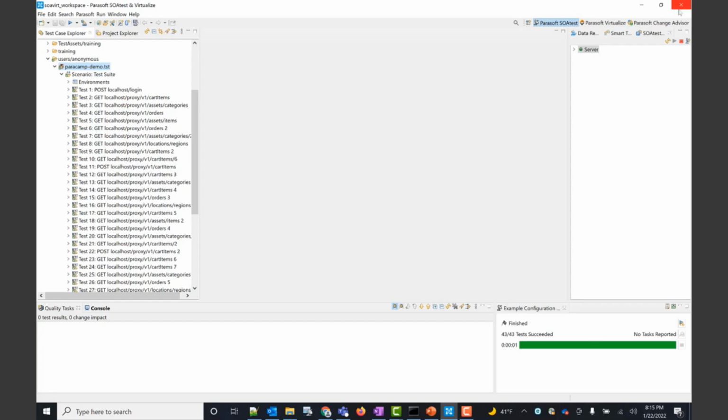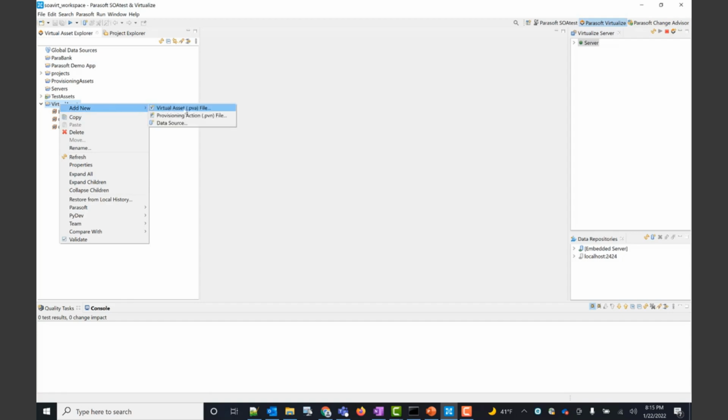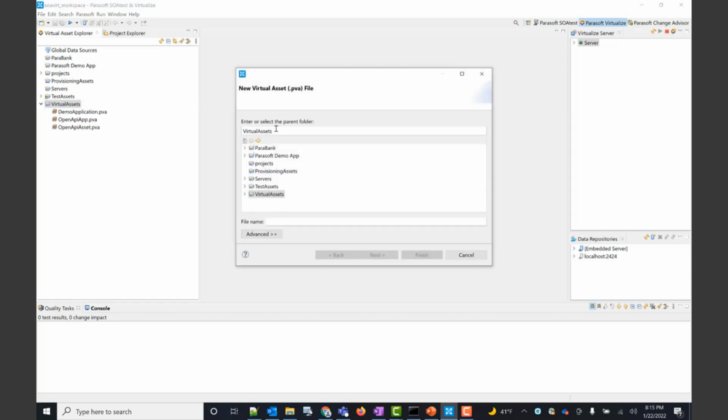So I'll come over here, and what I want to do is go into Parasoft Virtualize. So if I come over here and right click my virtual assets and say add new, and a virtual asset PVA file. We want to give it a name, so we'll call it Paracamp asset.